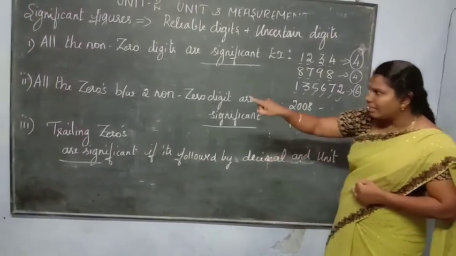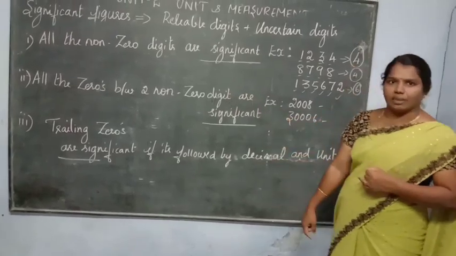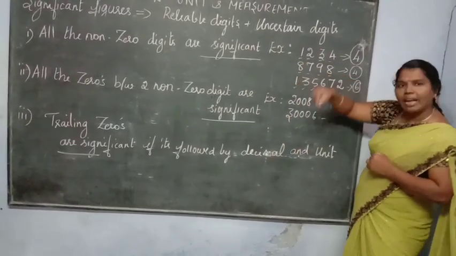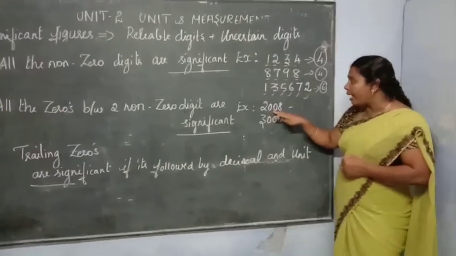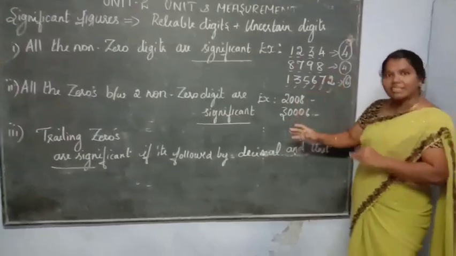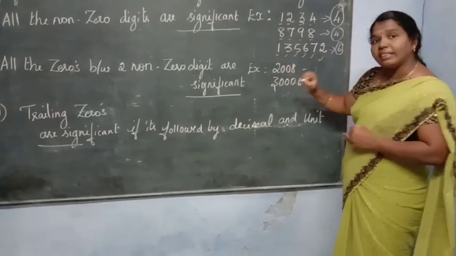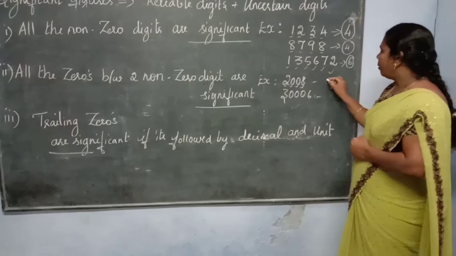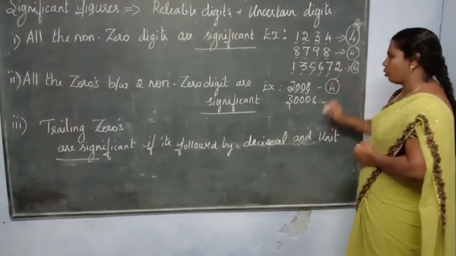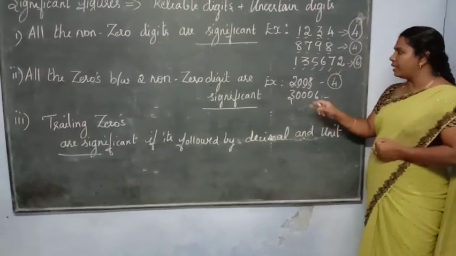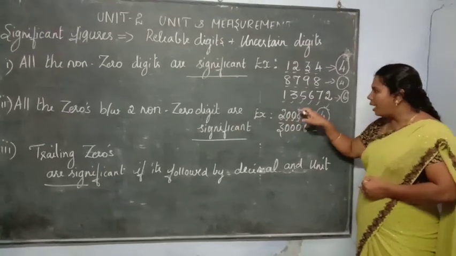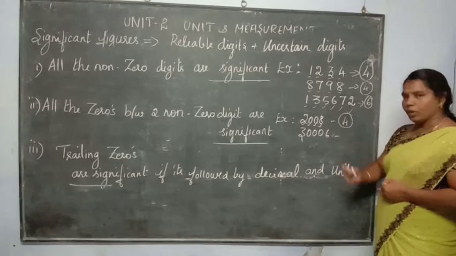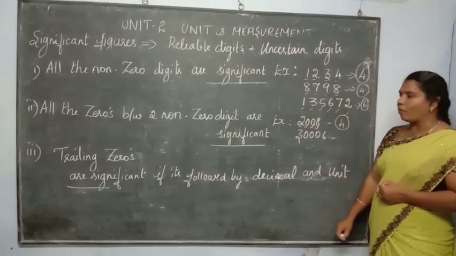So, all the zeros between non-zero digits. See here, this is a zero, existing between the non-zero digits. So you don't leave out that zero value, you can just add it. 1, then how many significant digits here? 1, 2, 3, 4. Therefore, 4 significant digits. What I need to say here is that this 0 exists between the non-zero digits. You won't leave out that zero, you have to count that zero value also.